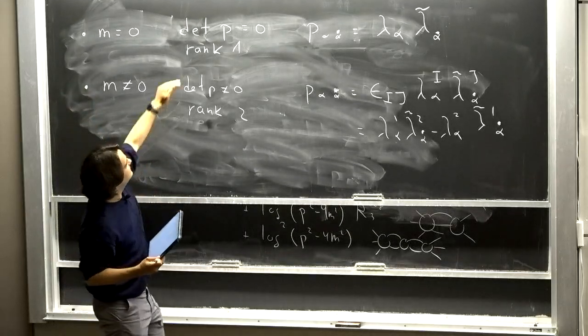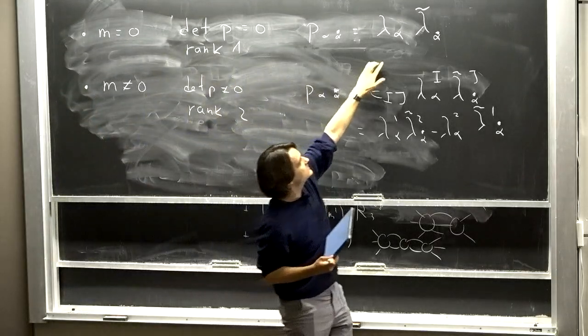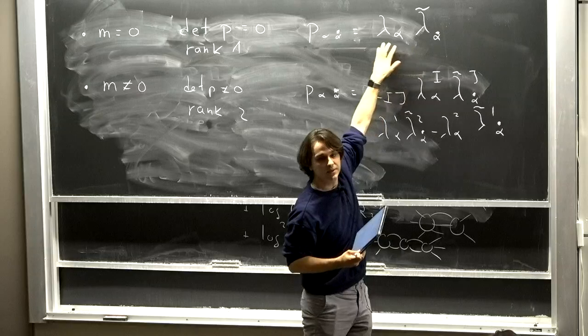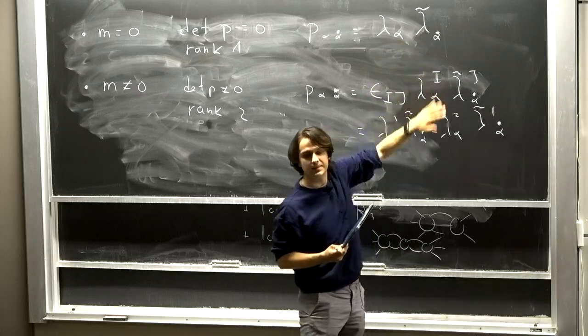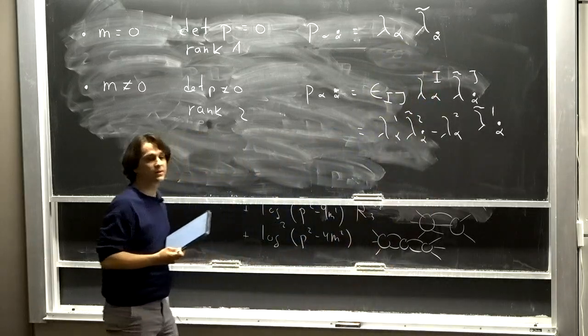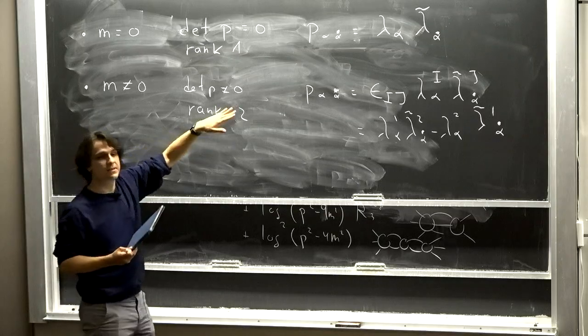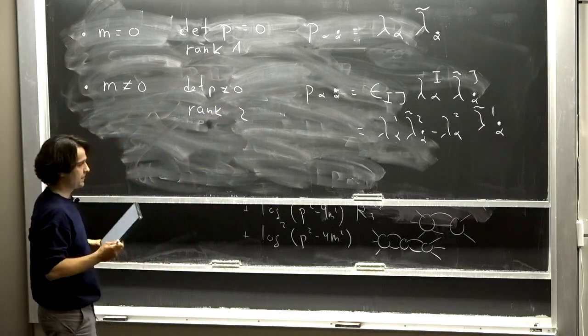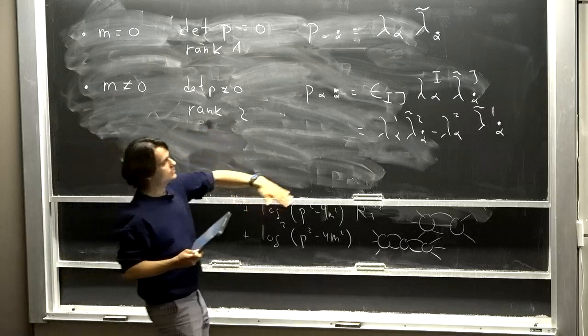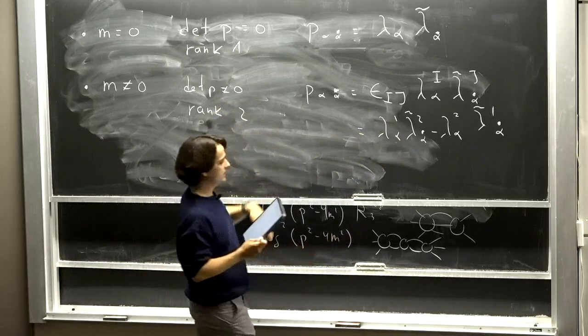Okay, so in the massless case, this is particularly nice because now these variables are unconstrained. If I write things in terms of these lambda and lambda tildes, this guarantees that the momentum is on shell. So I can choose any pair of these, and it will always give me on-shell momentum. In the massive case, there will be some constraint that gives them mass.